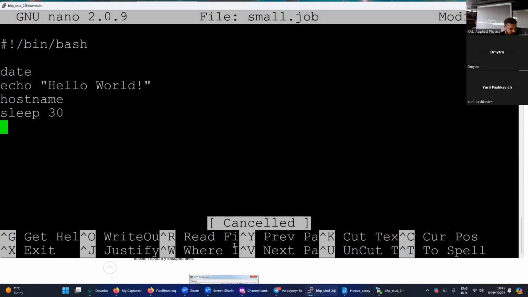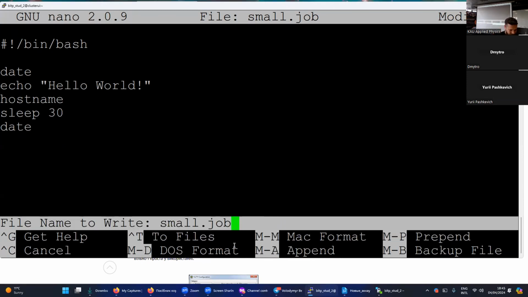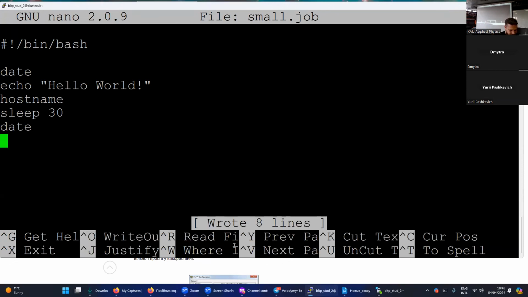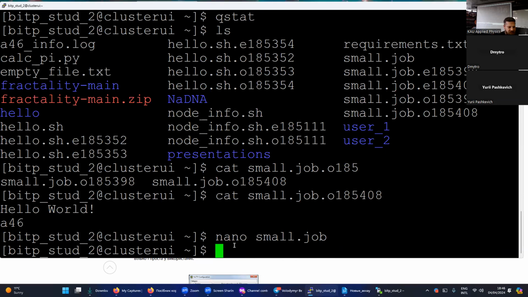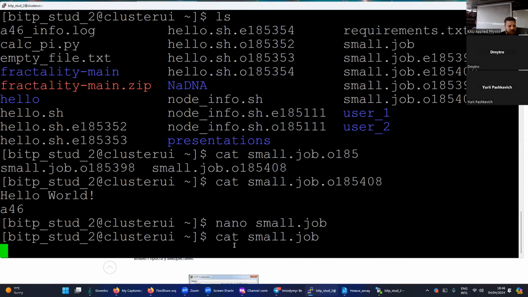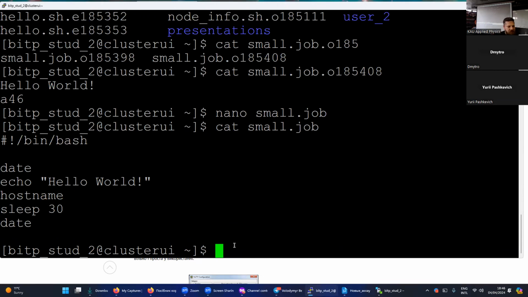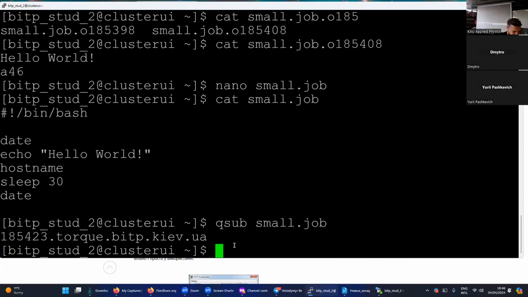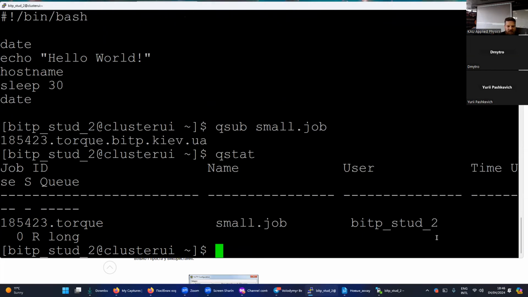Sleep 30. We'll just wait for 30 seconds, which we can then verify by printing the date and time again. With Control O, I save the file. With Control X, I exit. I can again use cat to look at the contents of that file. And now I send this to the queue using qsub. And now if I run qstat,